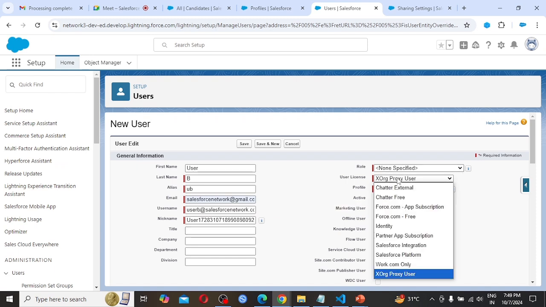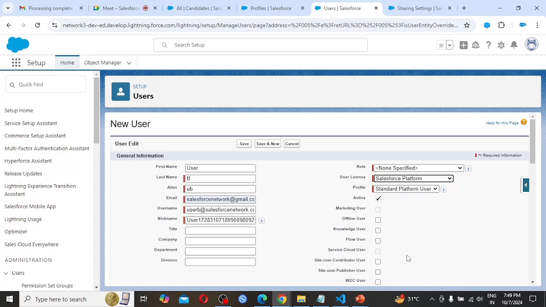Here under user license, there is no Salesforce license, as we had already used the 2 Salesforce licenses, so it is not available here. So I am going with the Salesforce platform license, and here I am going to the profile, standard platform user.